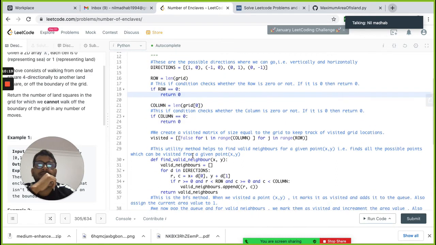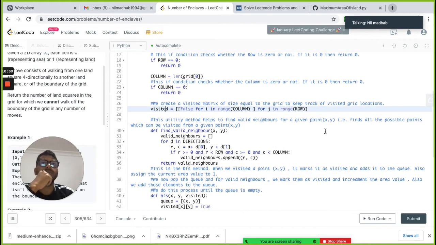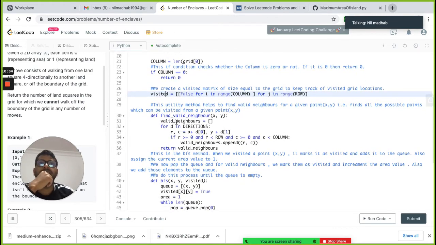Yes. So now we also need this visited array, like a hash map, because that will be useful to keep track. And this is one function called valid neighbors, which will check and append which ones are valid.